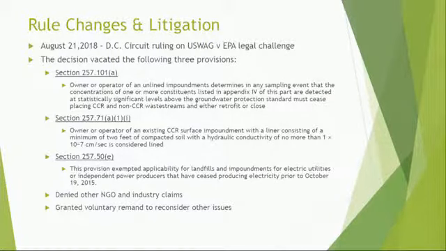Again, more rule changes in litigation. In August, the DC, so this is a big one. One of the primary sets of litigation was the utility group that led some litigation against EPA. The court came out very recently, back in August of 2018, and listed several areas where they disagreed with EPA, and they remanded some of these things back to EPA again. So, again, more rule changes are coming.